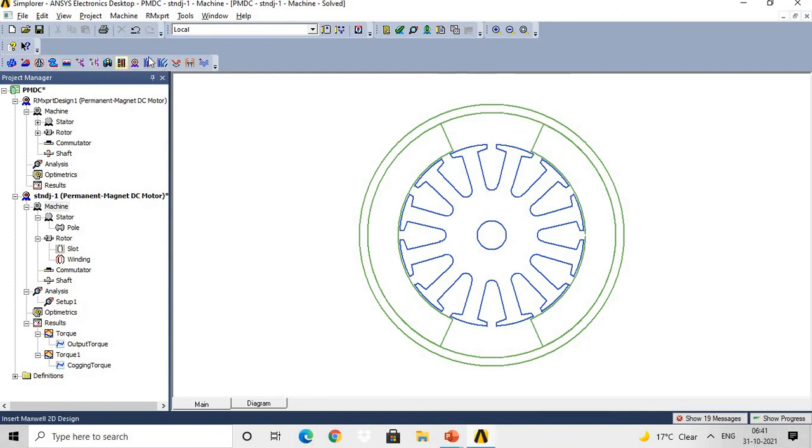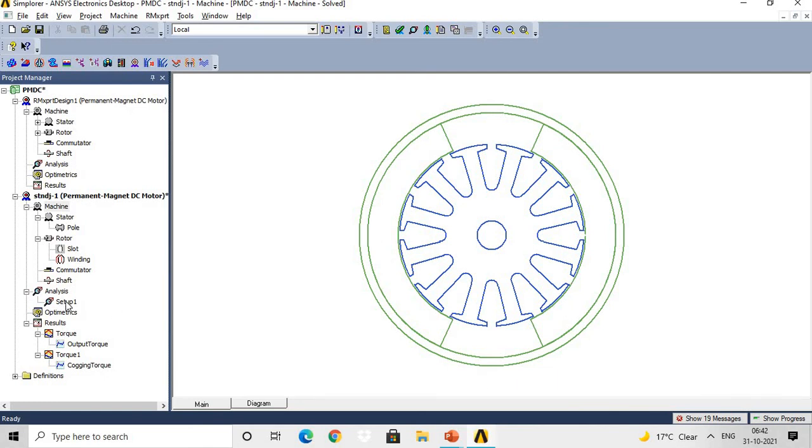So for that purpose, as we have discussed in the introduction video, there are different options like insert filter design item, launch EMIT, then insert Simplorer design. So here you can just click on this insert Simplorer design and you will get the idea about the drive circuit of this motor.